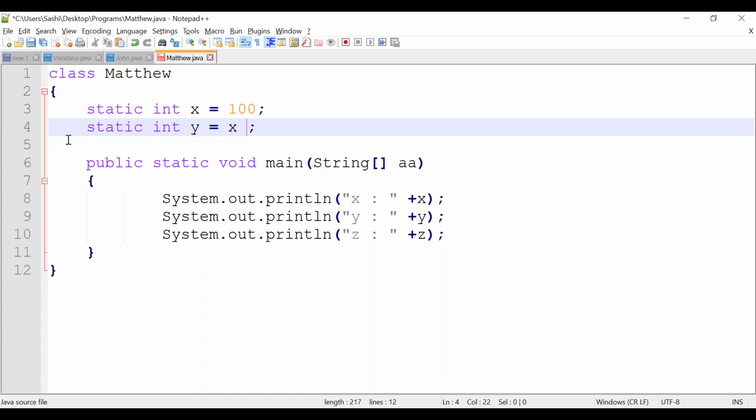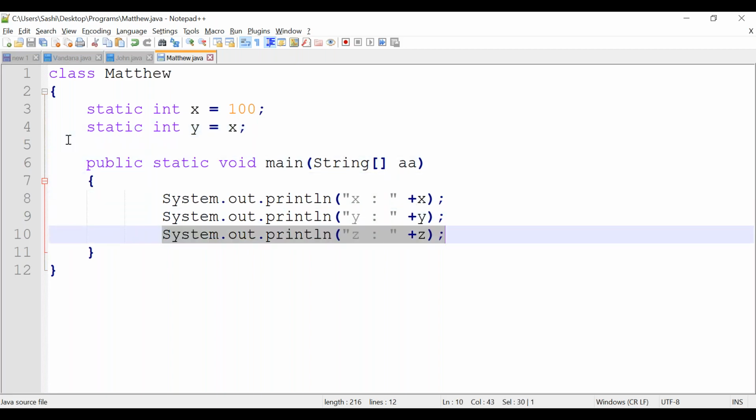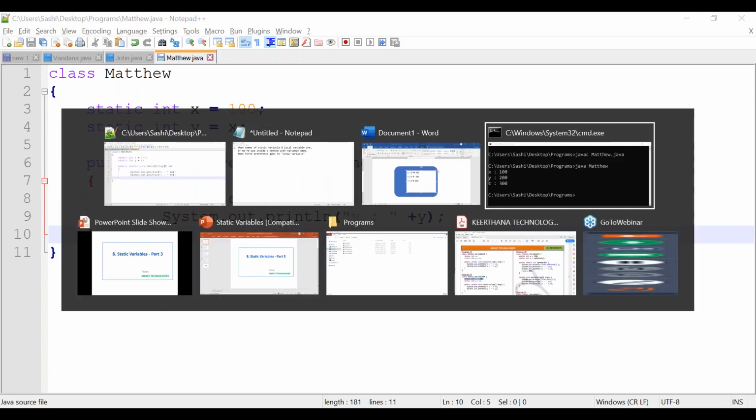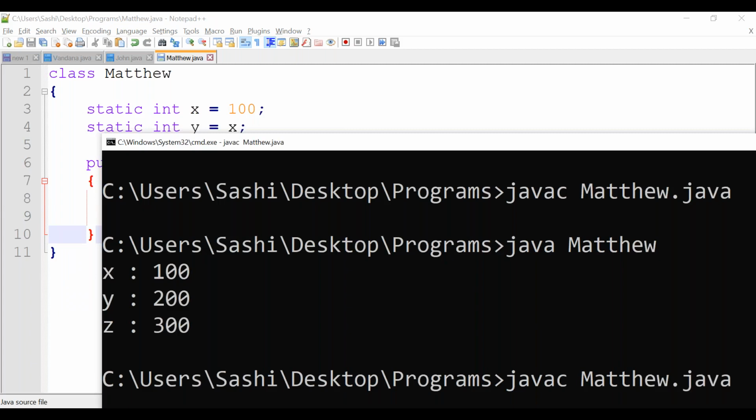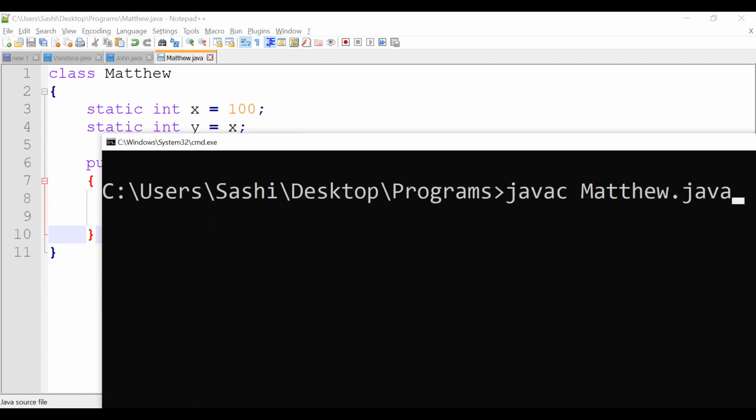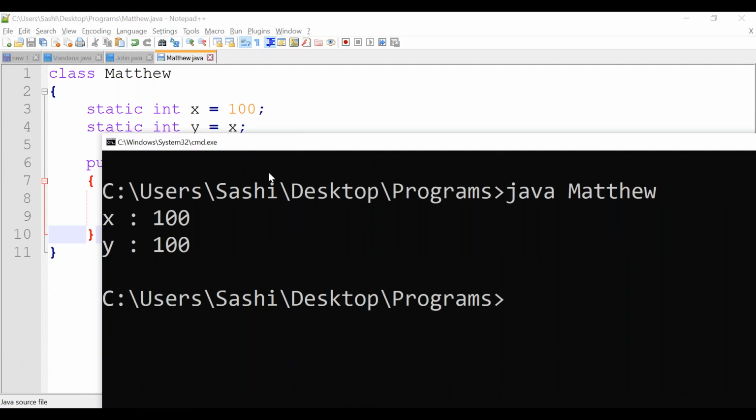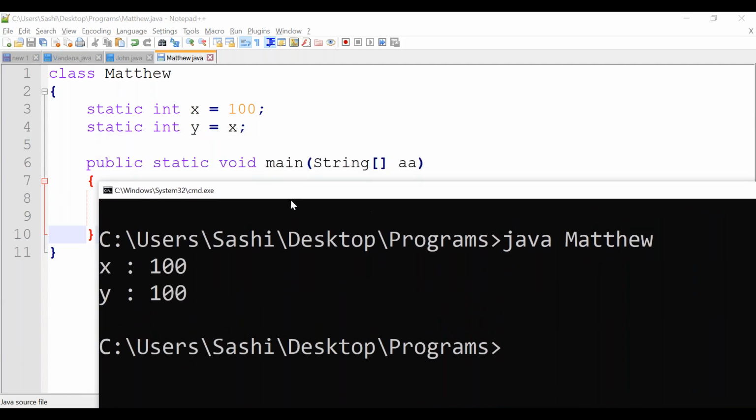Okay, this program we have already seen it, right? Both x and y: x will be initialized with 100, same y also will be initialized with 100. If you run this program again, javac file name.java, then java class name, you'll be getting both x and y, correct?